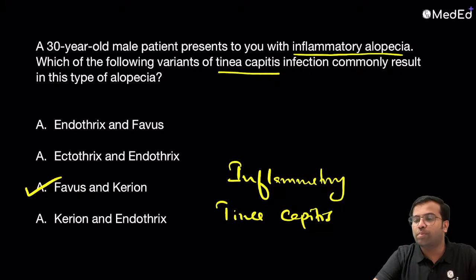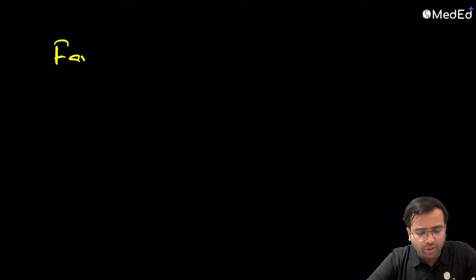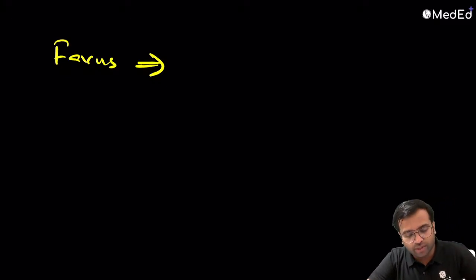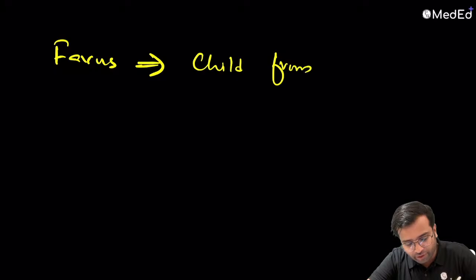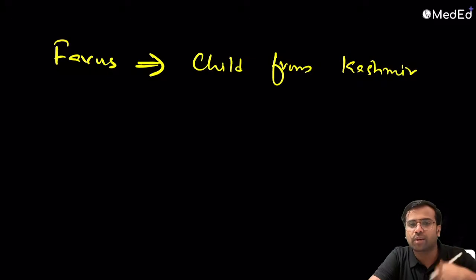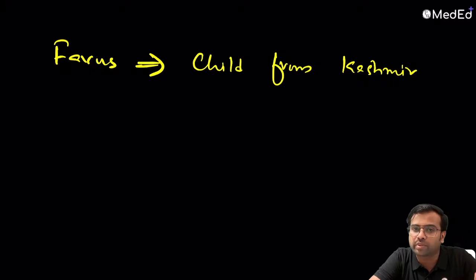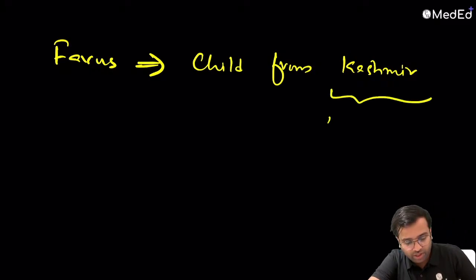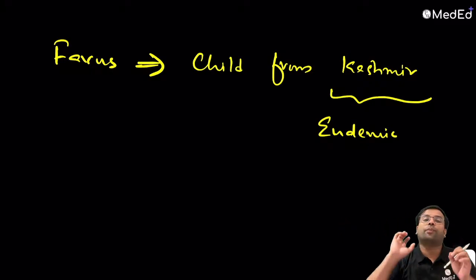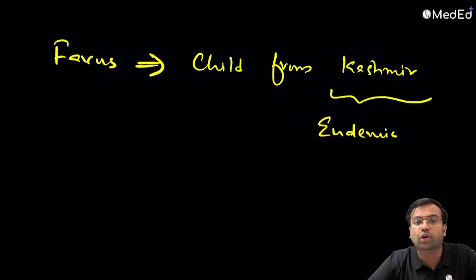I just wanted to add one more point regarding favus. In case you get a question about favus, I'm pretty sure that the MCQ will always tell you that there is a child from Kashmir who is presenting to you with some kind of a scalp symptom. Now, why do I say that a child is coming from Kashmir? Because this is one disease which is endemic. Endemic means that it is localized to a certain location, right? So this is a disease that is endemic to Kashmir. It's called favus. Again, just like another type of tinea capitis, this is also more common in children,